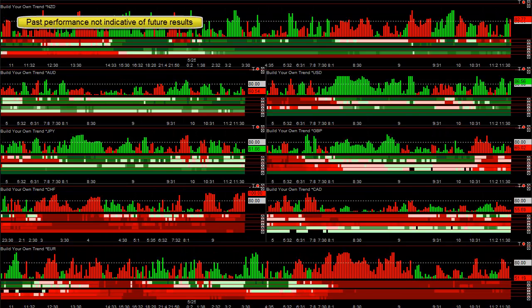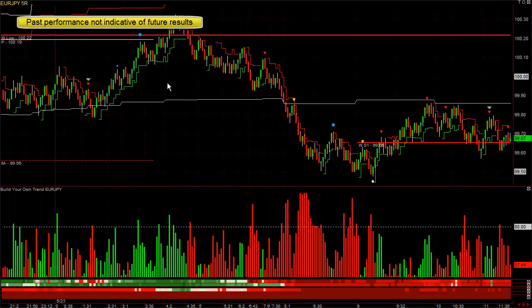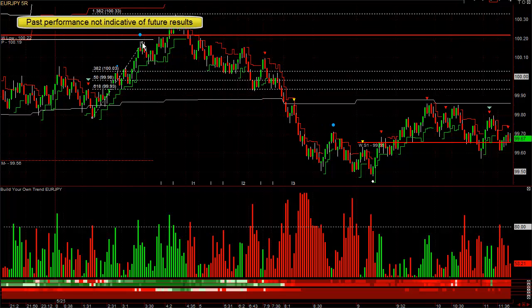Here's the euro yen, which is also a super weak one. Notice the sell signal here, here, here, here, and when it goes down and it starts losing its weakness, or it starts getting more strength than weakness, you might decide to stop trading that currency. This one also, if you get any kind of major big sell signals, you can always draw your fibs on there. If the first one fails, sell at the fib target,